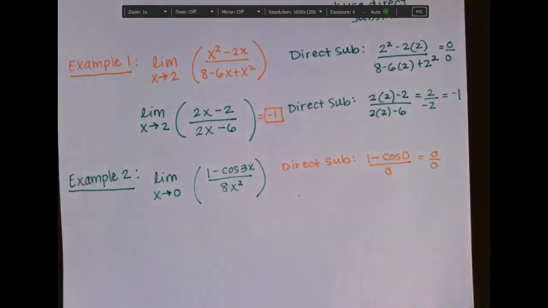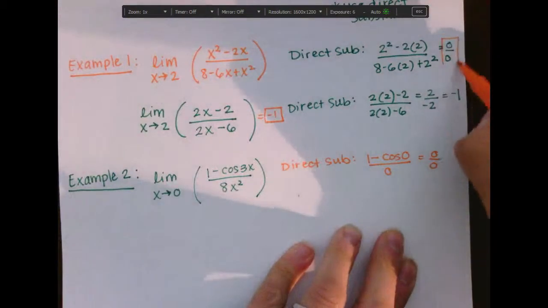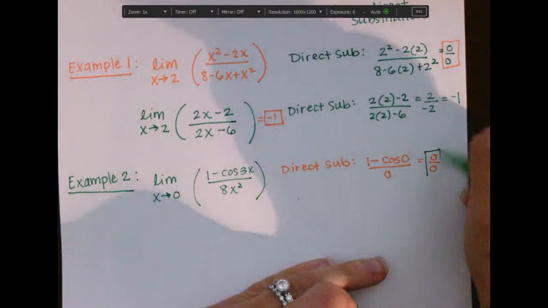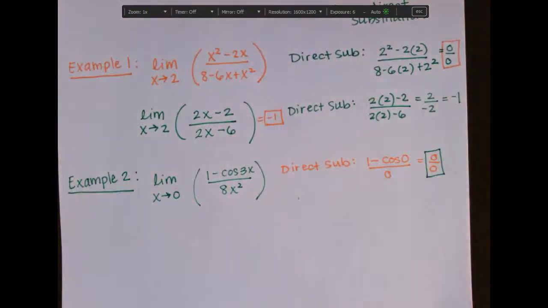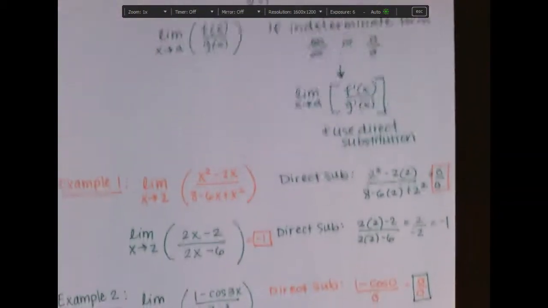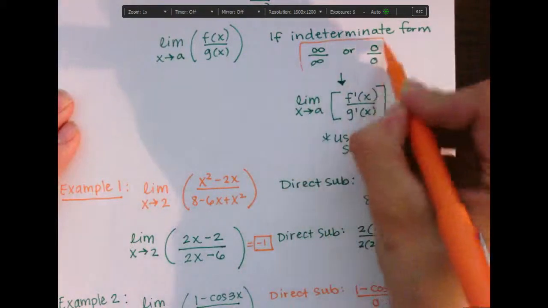So I get 0 over 0. Now, when you're evaluating these limits, you do have to do this as a first step. You do have to try that direct substitution in the first place to see that it gives you a L'Hopital form. Okay? And so remember that our L'Hopital forms